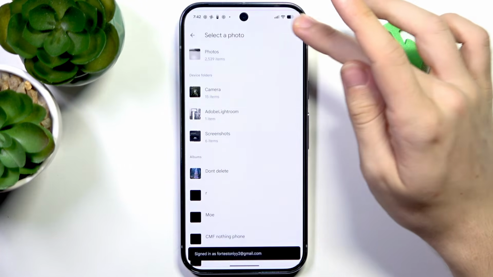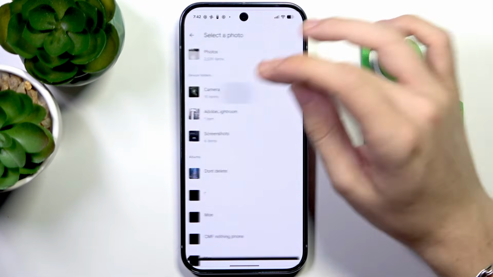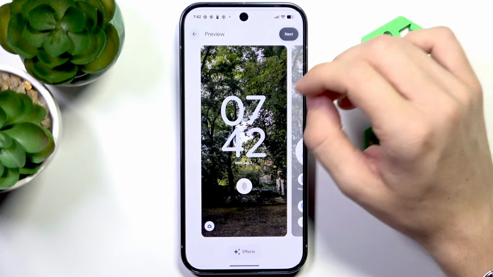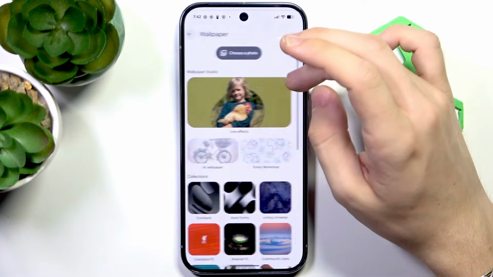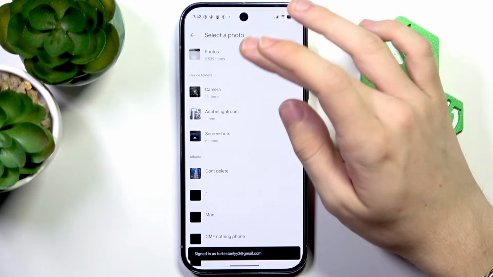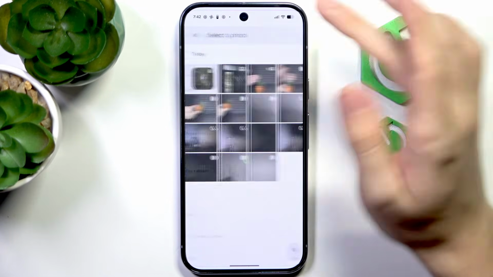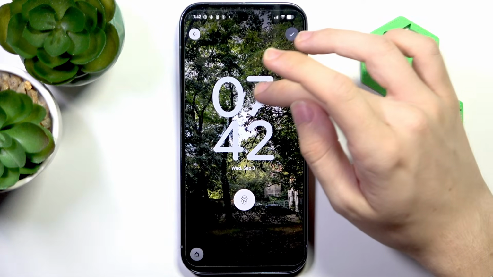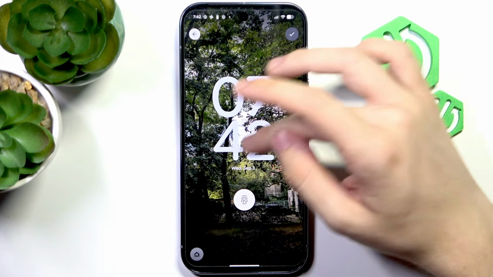Oh, I actually accidentally went back. Okay, but I think I'm just gonna set it normally without the effect. I think it's better for me. Oh, I went back again. It's just like the edge of the screen is very sensitive here, but yeah, that's basically what we can do